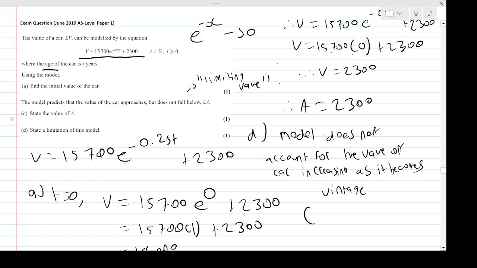But according to this formula, it doesn't take into account other things like mileage, only age. So two cars of identical age but different uses. Maybe one car's crashed more, one has broken down more, one has more mileage, so it would have lower value, but the model doesn't account for that. So I'm going to say it also does not account for other factors,